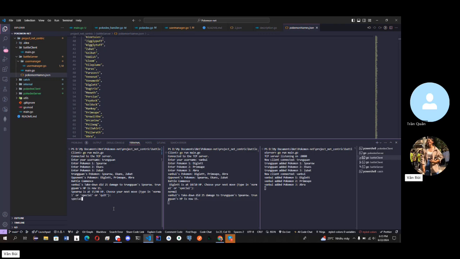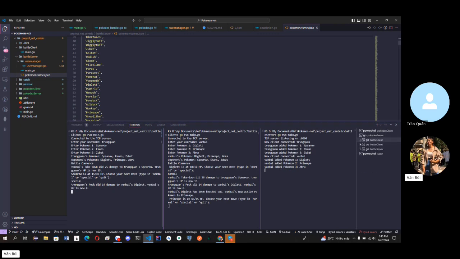I will choose a special attack, and you can see just like before, it will display the damage that my Pokemon dealt to the other user's Pokemon. You can see that the HP is now 0, so this user's Pokemon has been knocked out, and it will send a new active Pokemon to the battle, and we can choose the attack. I will choose the normal attack,